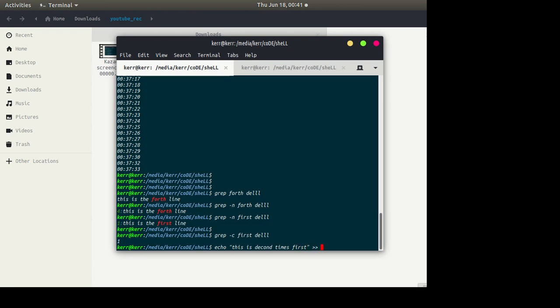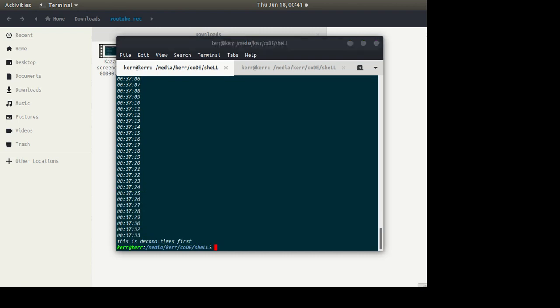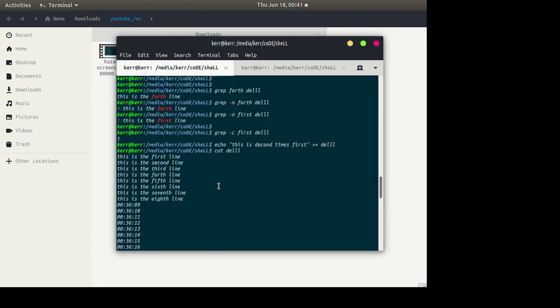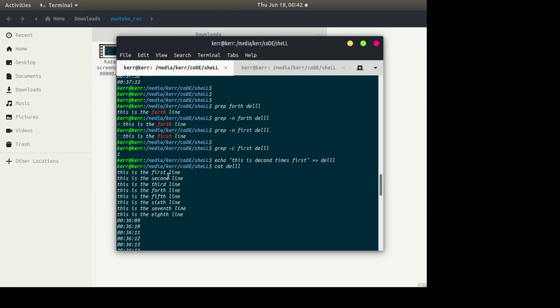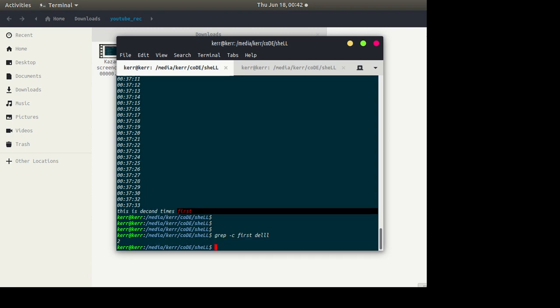So let's append this to the del file. Now the del file contains this line. So you just added one line containing this pattern, the same pattern which is in the first line. If you use -c, it will show you the number of lines that contain it.